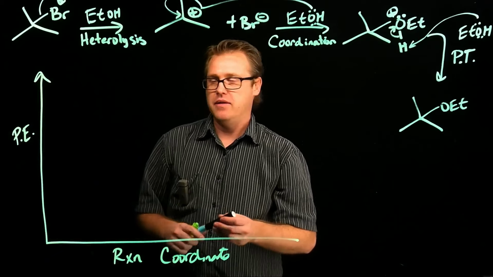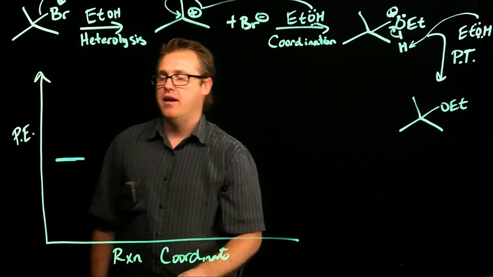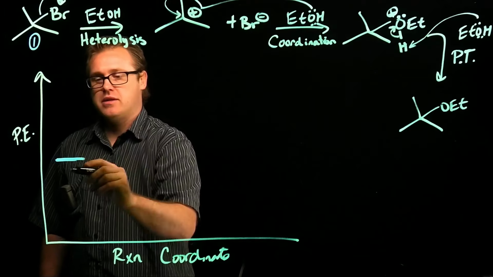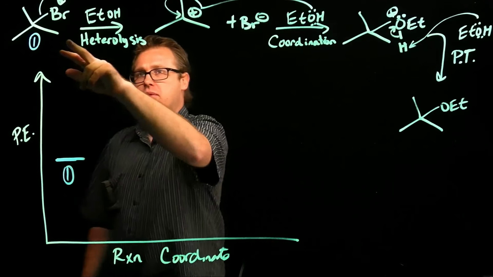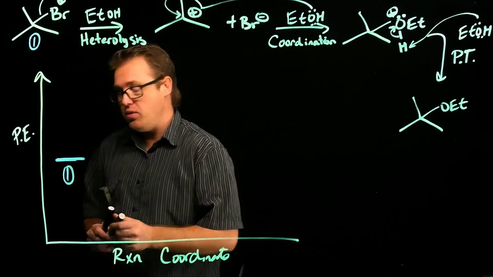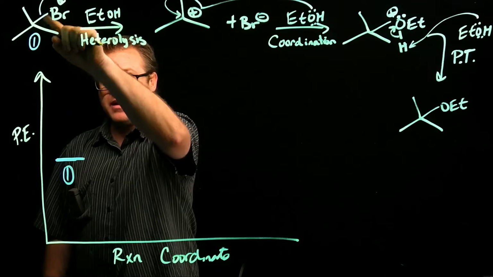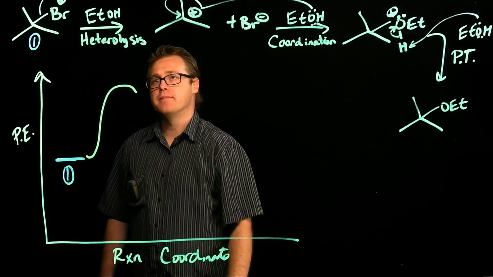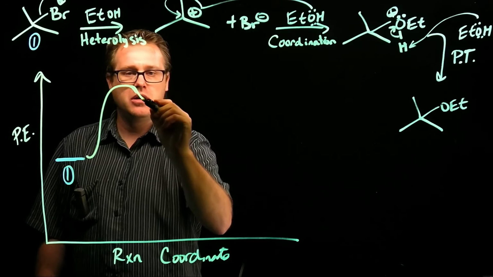So what we're going to have is our starting material, that starting point right there is our alkyl halide. So I'm going to just number it right there. And what's the first step? It is a heterolysis step. And that takes some energy. If this is the alkyl halide, in order to break that bromine carbon bond, it's going to take some energy to do that. And then what happens after it breaks? It turns into,